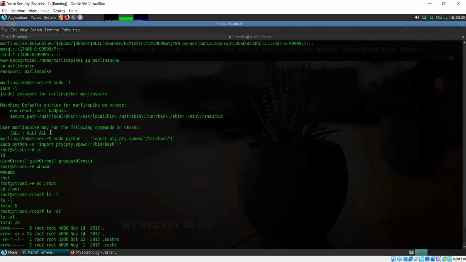Depending on how the system has been configured, how it is being run, what users have been added, how their accounts have been configured, depending on all these factors, the methods that you will be able to use on a system for privilege escalation will vary.